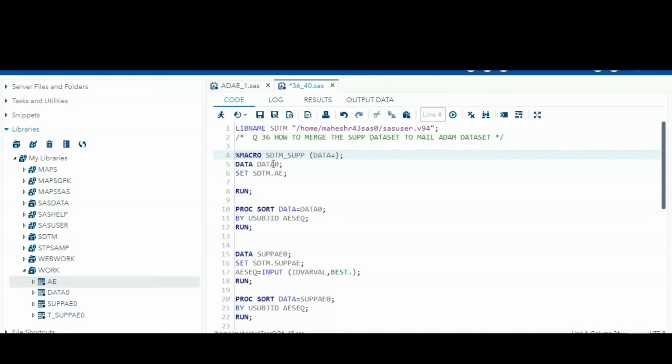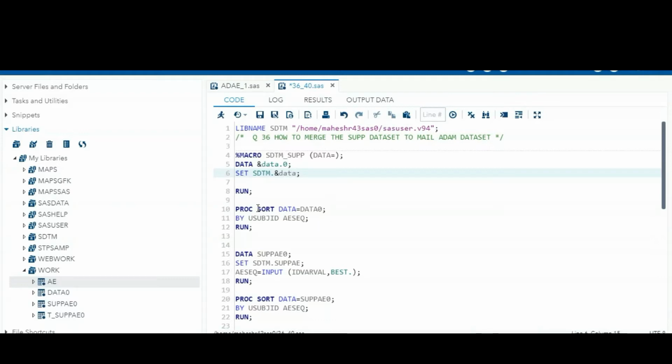This was the common part, so I am giving ampersand data dot 0. Anyway, we are going to call this SDTM dataset. Here I am giving SDTM dot data.